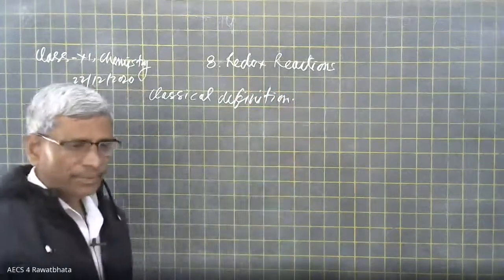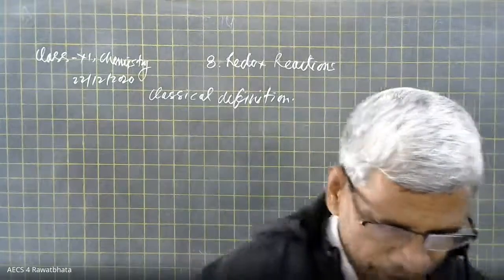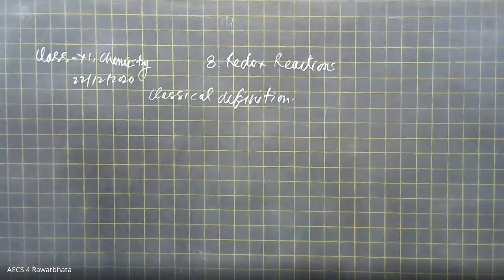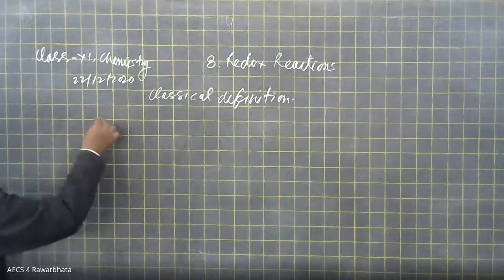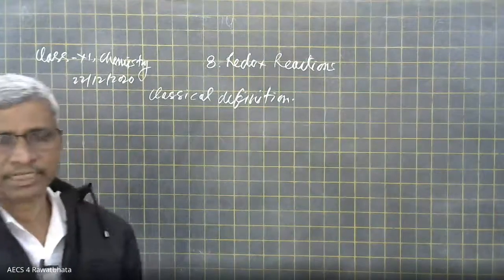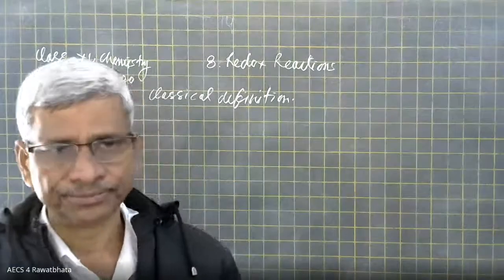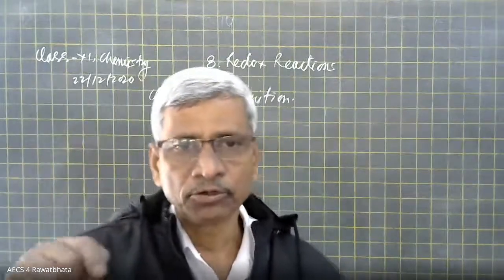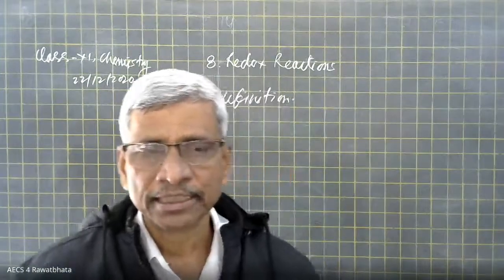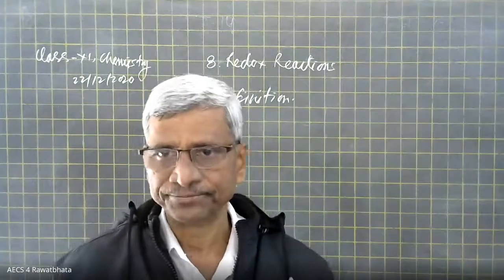Classical means from the beginning. What was the different explanation given by the different scientists? One is in terms of addition of oxidation. Classical definition and modern definition. Two are there. Classical definition is based on oxygen, hydrogen, electropositive element, electronegative element. And modern definition is based on electron and oxidation number. That is the difference here.